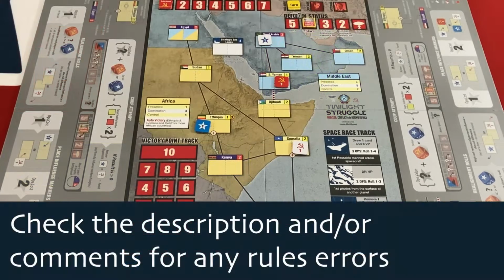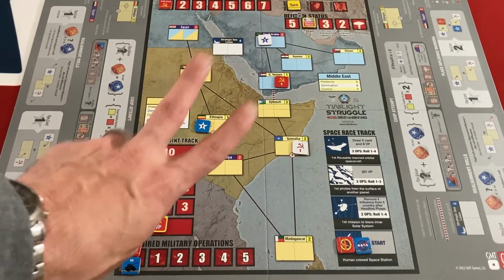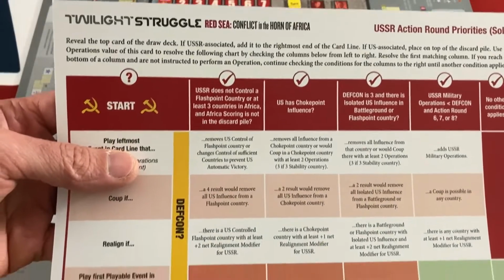So Twilight Struggle Red Sea is in some ways kind of like baby's first Twilight Struggle. It's not simplistic, but it's incredibly fast. I didn't even realize how fast it was when I requested it. In regular Twilight Struggle, I believe you go through 10 turns of gameplay, and this is 2. So I'm going to be able to do an entire playthrough very quickly. It's a very fast game. But the awesome thing is, this is the first time, at least that I'm aware, that they've included an official solo